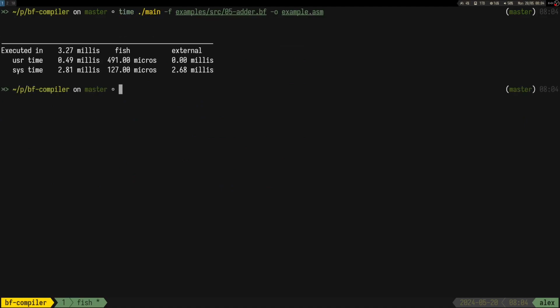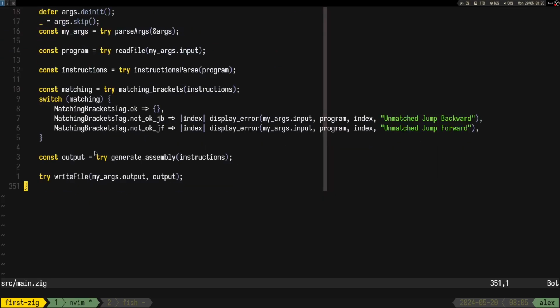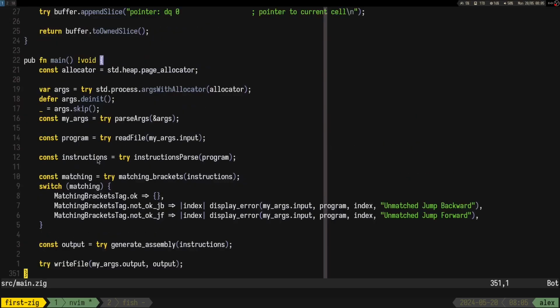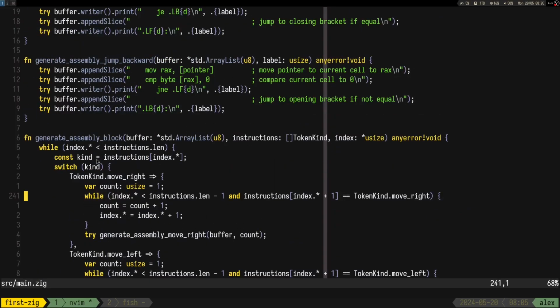Well, it's the same. So yeah, I guess as a performance, the language is the same as C, basically. I mean, for this really simple example. But I feel like it's a mix between C and Rust, and in my opinion,